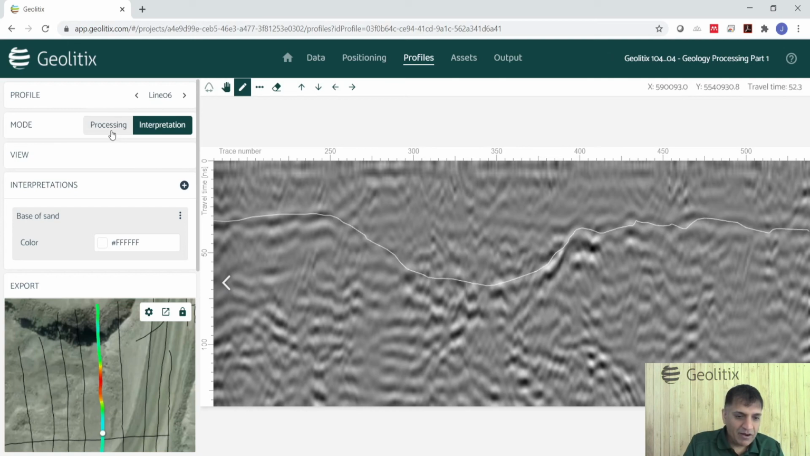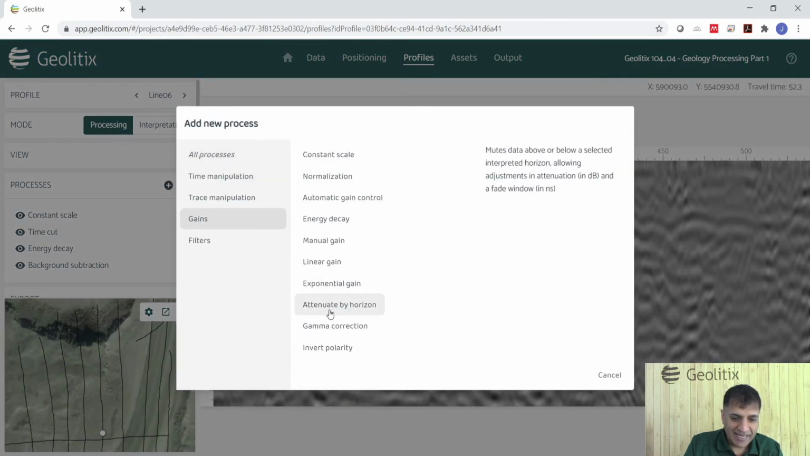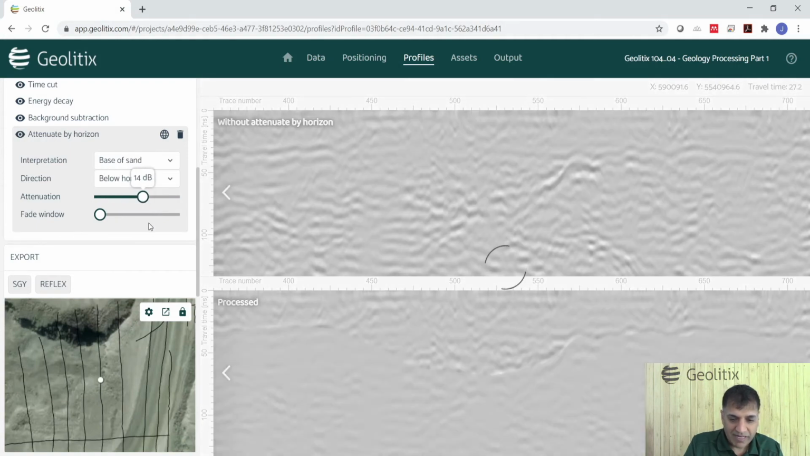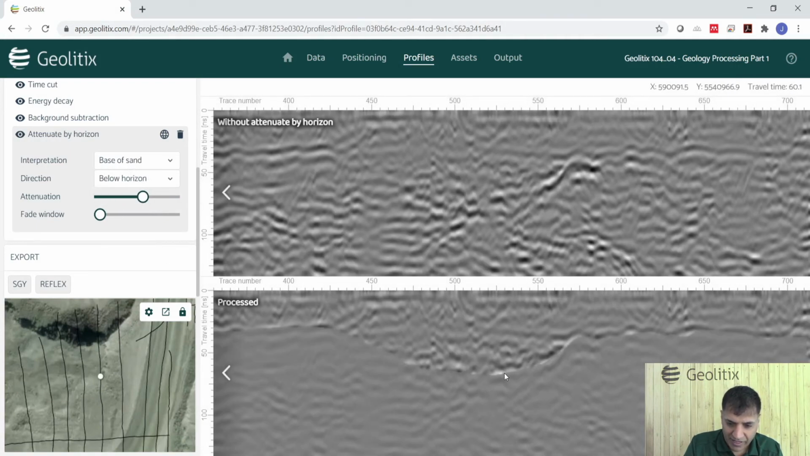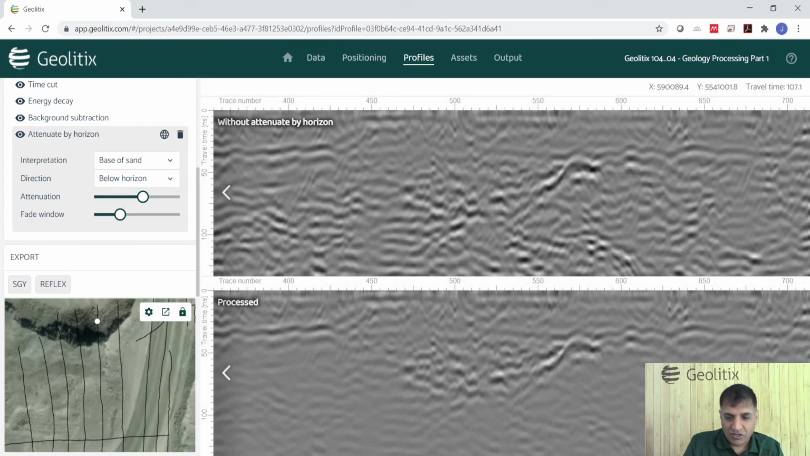All right, we can then go back to processing and say, I want to attenuate by horizon. I want to pick the base of sands, and I want to attenuate everything below it at a certain level, 10 dBs, there it is. Oh, I don't want that sudden effect there. I can fade it in over a few nanoseconds. So that's one way of drawing the viewer's eye potentially